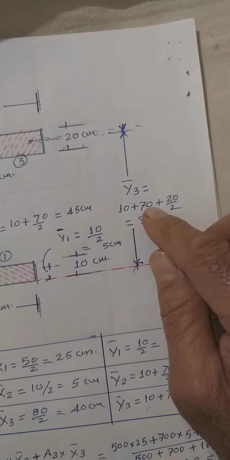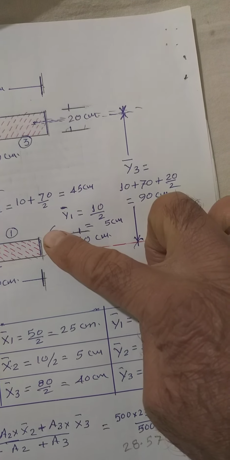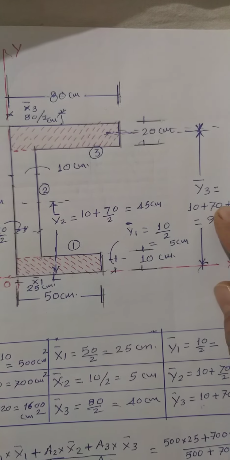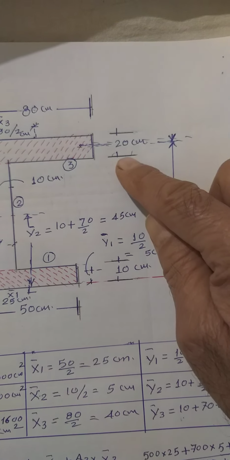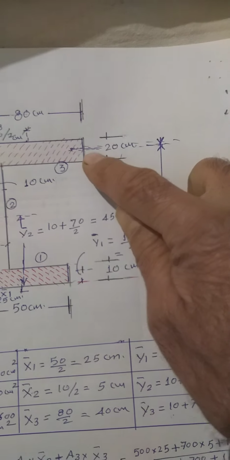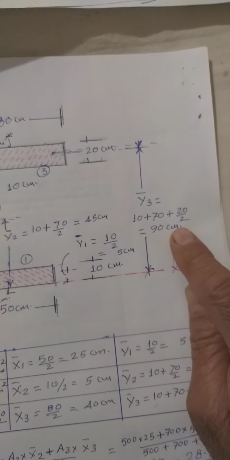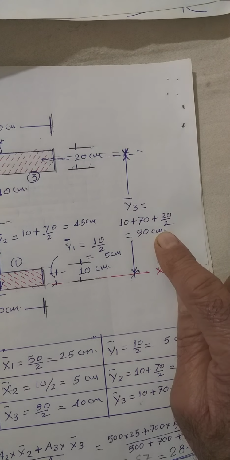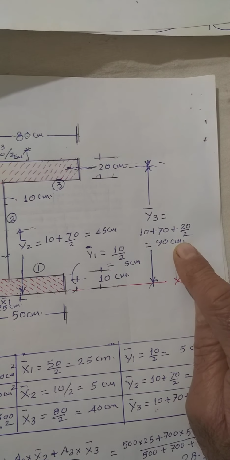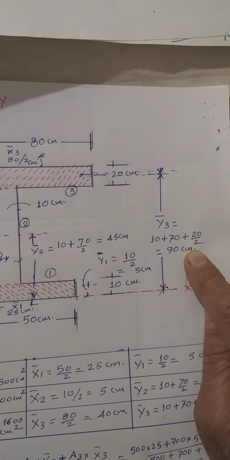I have already mentioned over here. First of all, this 10 centimeter, then this 70 centimeter, and then half of this 20, that is from here. So it comes out to be 90 centimeter. So this way we can find out the value of y bar 1, y bar